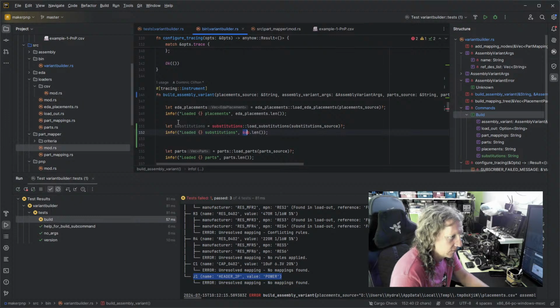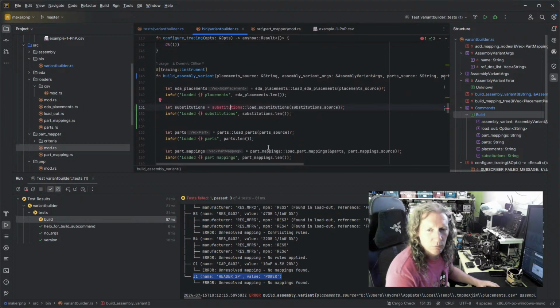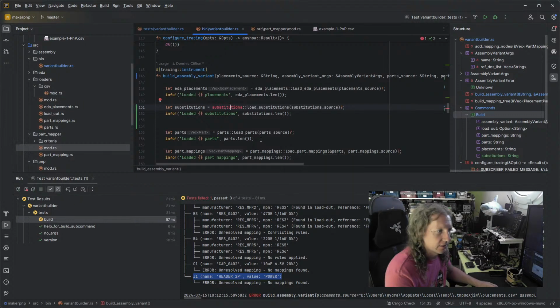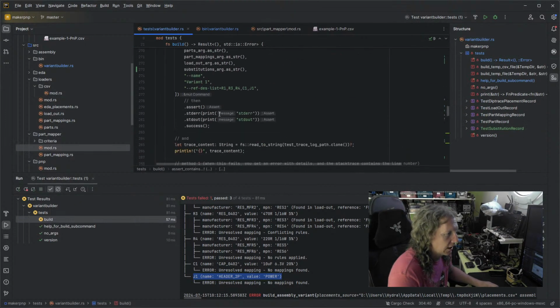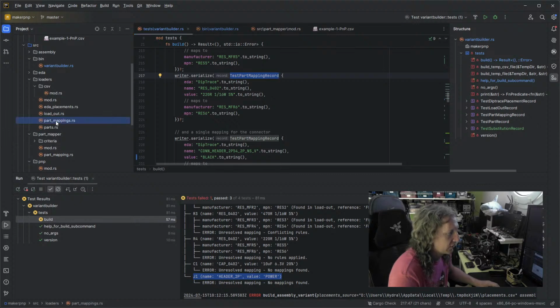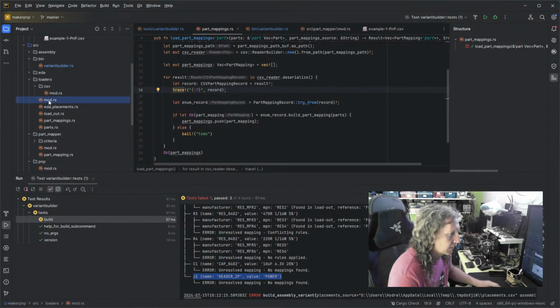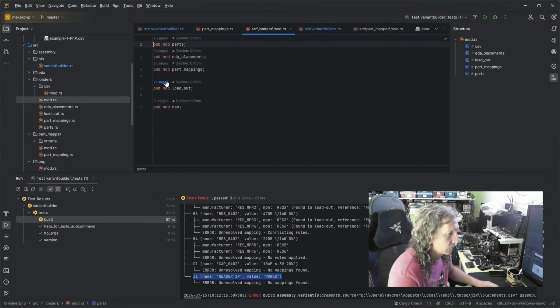Of how many there were. There we go. Something like that. So we don't have this yet. Now the one that we decided it was most like was the one that had the dip trace in it, which was a part mapping record. So if we start with the part mapping loader, but first let's go